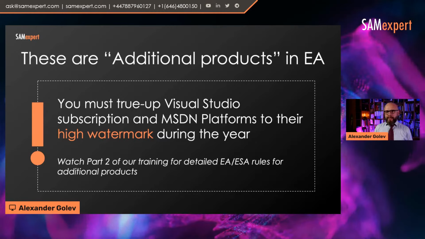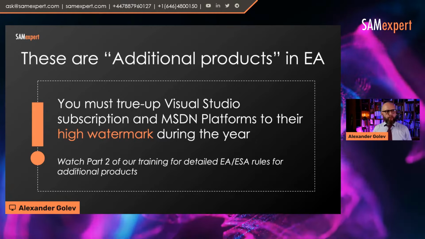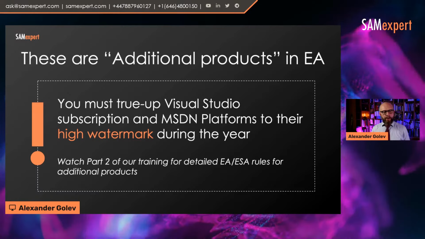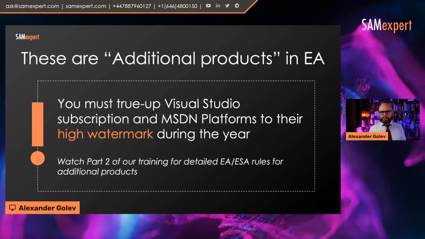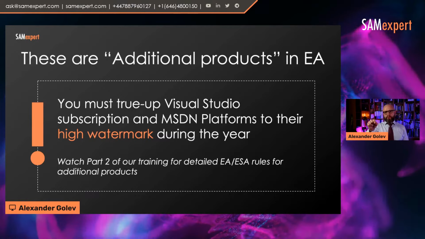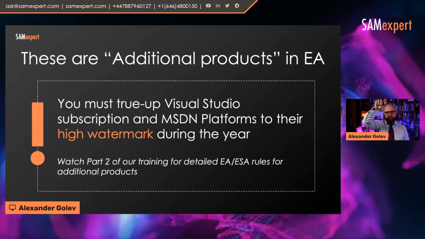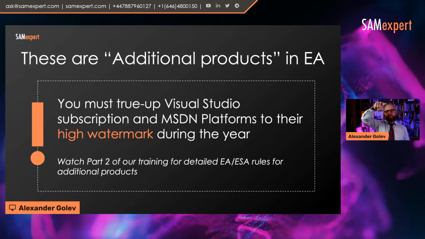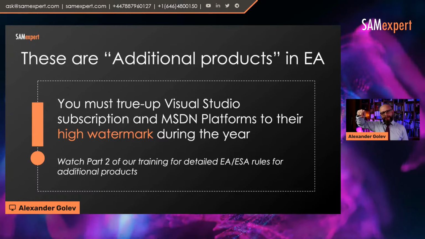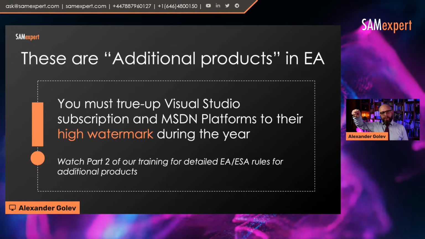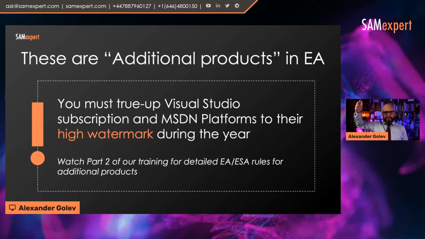So when you buy them on an EA, it's a so-called additional product. On additional products, true up doesn't work, basically, your regular true up. What you have to report is your high watermark. So if you had a spike of use throughout the year, you have to buy true up licenses to that spike, not the number of licenses that you have by the end of the year. If that is checked, and there are ways to check it, Microsoft can see your logins, activations, and whatnot,